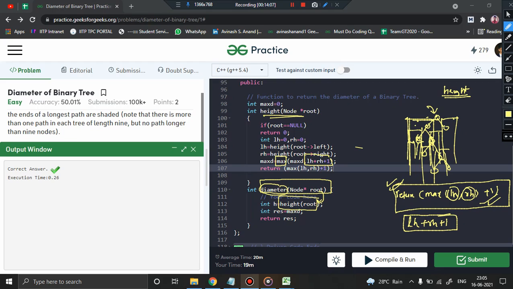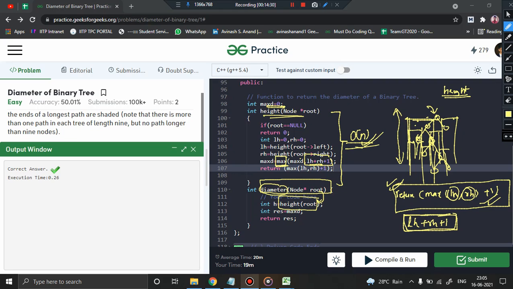So while I am calculating the height of the tree, I am also calculating in parallel the diameter of that particular subtree, and I am comparing it with the maximum value. Initially my maximum value is 0, so I will be just keeping track of the maximum diameter. This height function, we know that its complexity is order of n, right? Because it is going to traverse all the nodes.